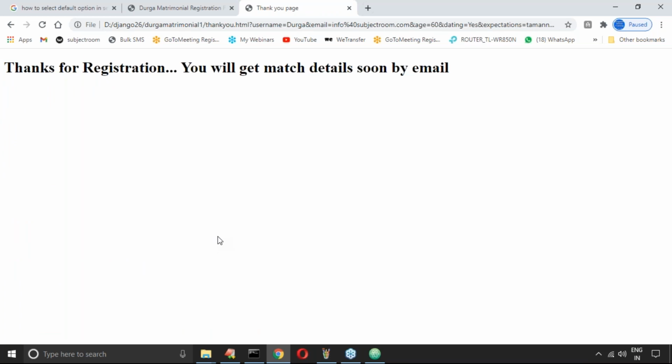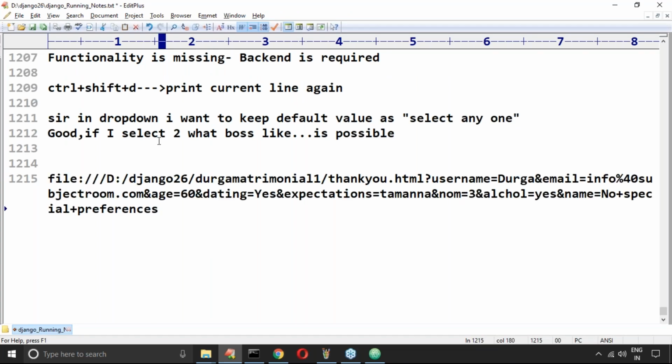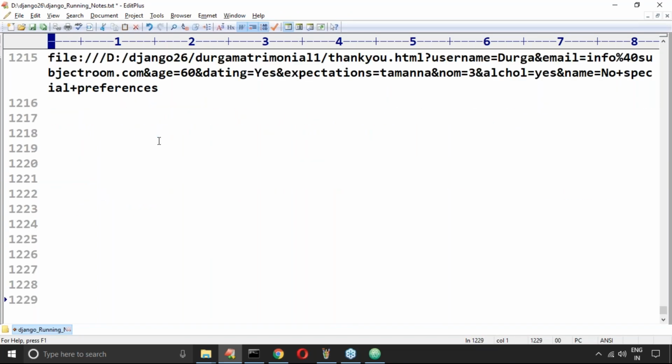Now my question, take a bit special care. Here, have you observed how the data goes to the next page? As I told, it goes as part of the URL.